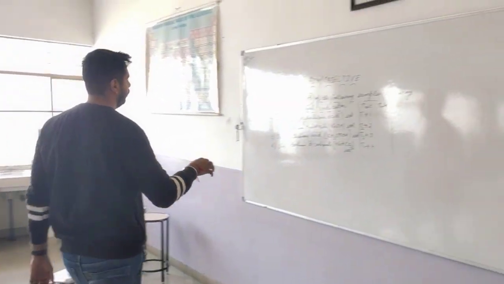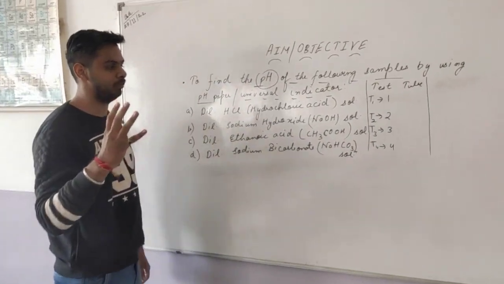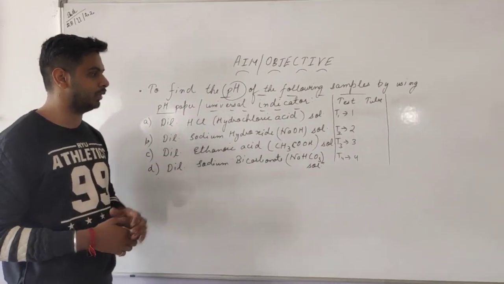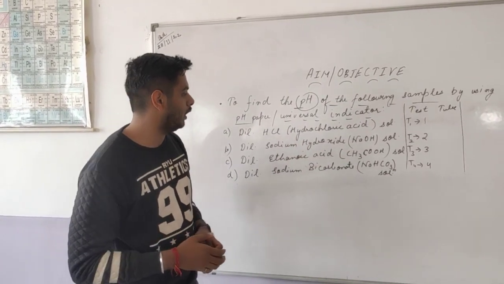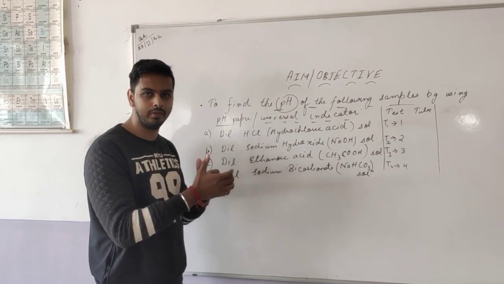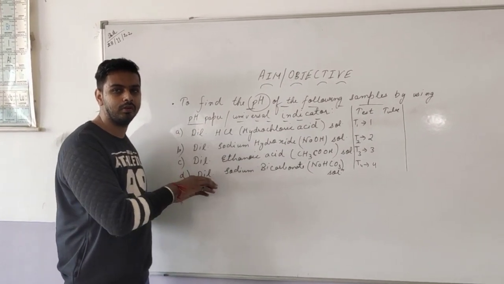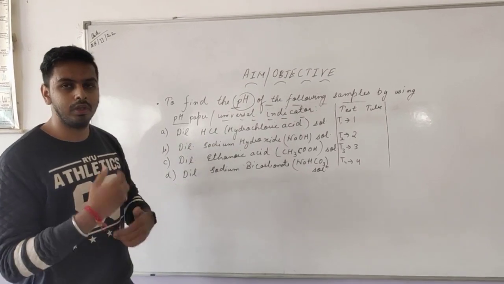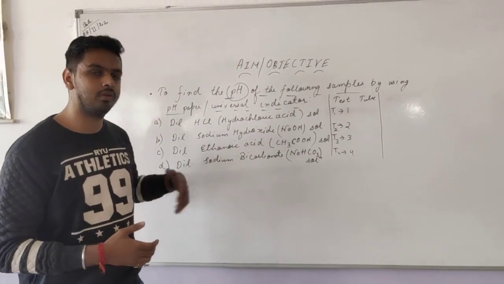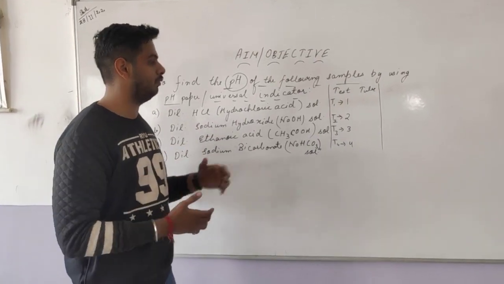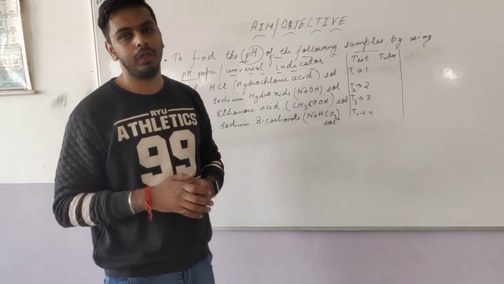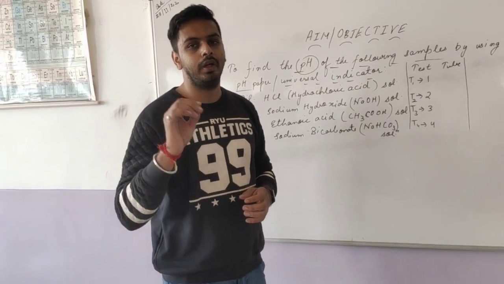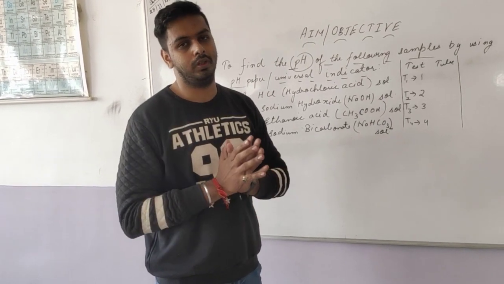So as we can see in our practical, we have taken just 4 samples, and with the help of the color changing property of pH paper, we just found which one is highly acidic and which one is moderate acidic. Also we have found which one is highly basic and which one is moderate basic. So with the help of this experiment you can now understand that with the help of pH paper we can find the acidic and basic behavior of any solution, right?